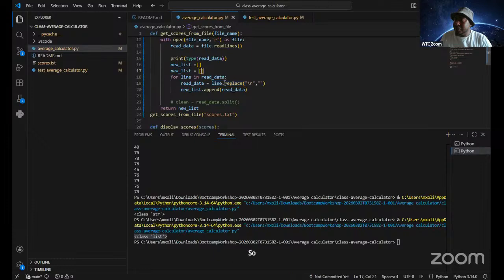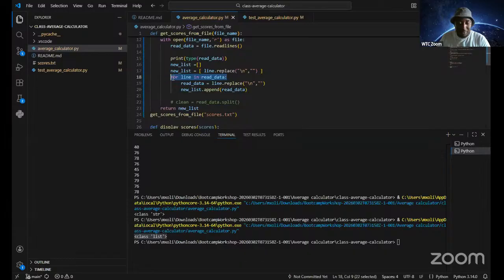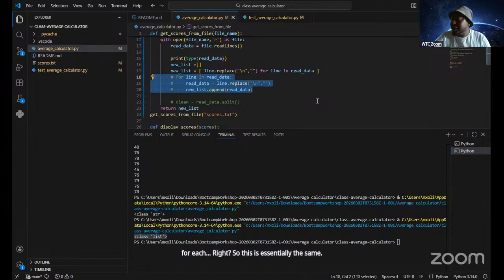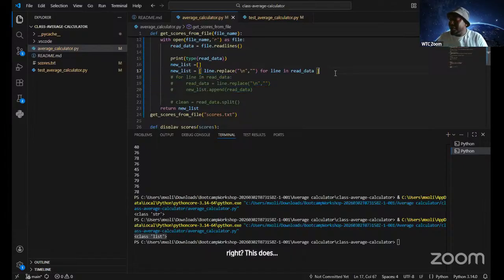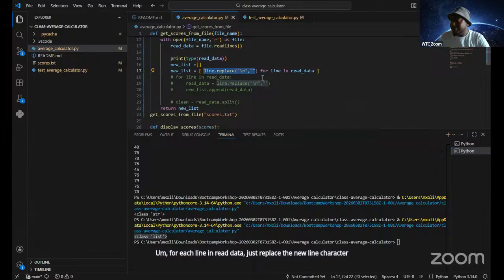In your list comprehension, you're saying, for each line in read data, just replace the new line character with an empty string. This does the very same thing, just in one line.